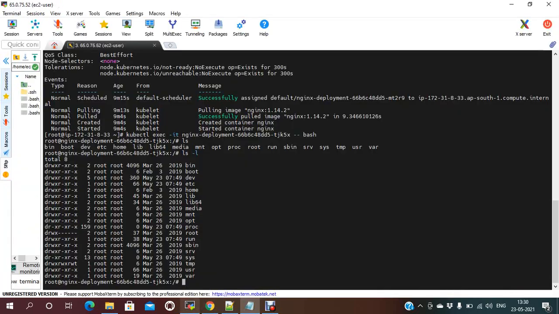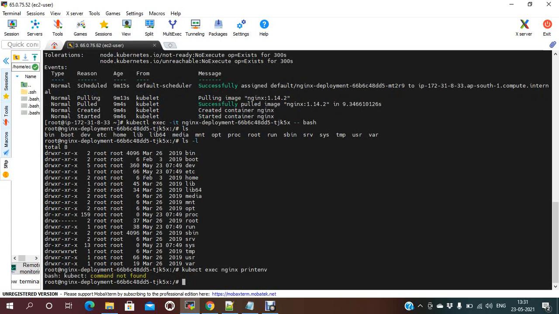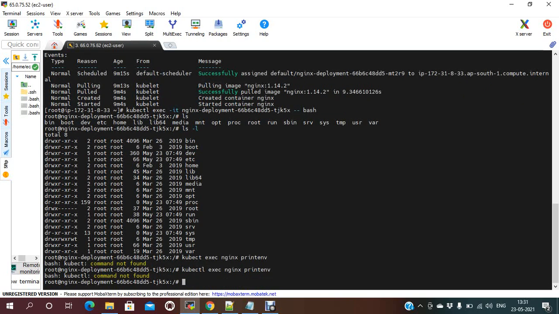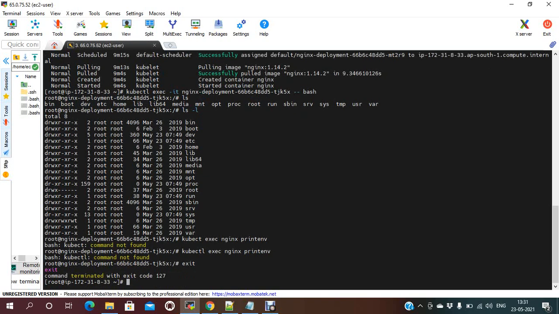So kubectl exec nginx print env. Sorry, say that one. kubectl exec nginx print env.